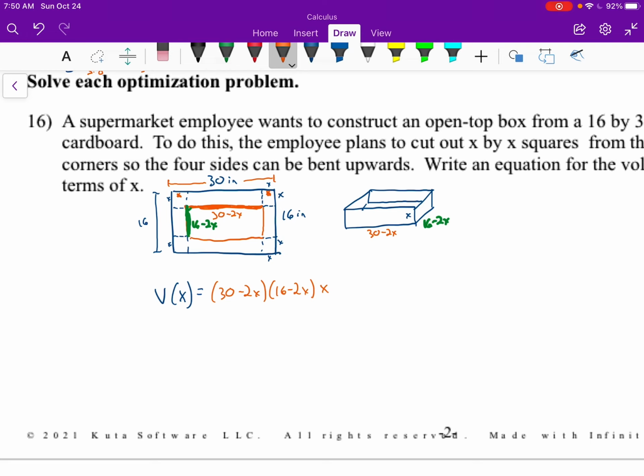Later, you're going to have to multiply these out. I don't think you do for now, but when we get to the problems that we actually solve something with this, we're going to multiply these out. And there you go. Hopefully that